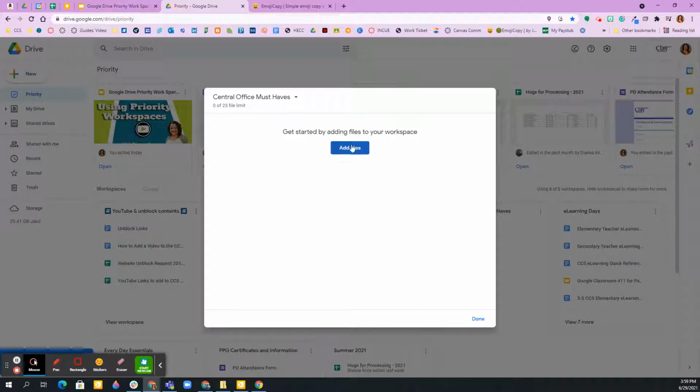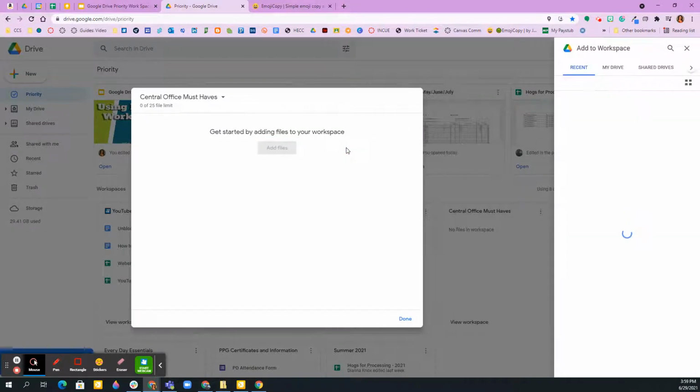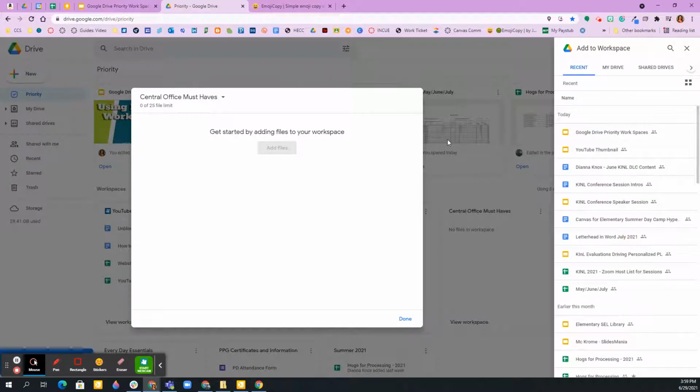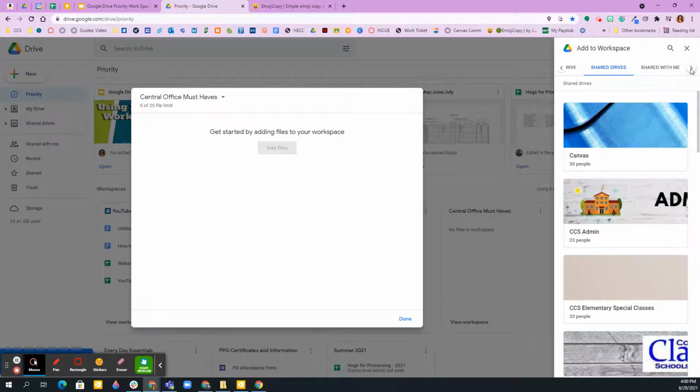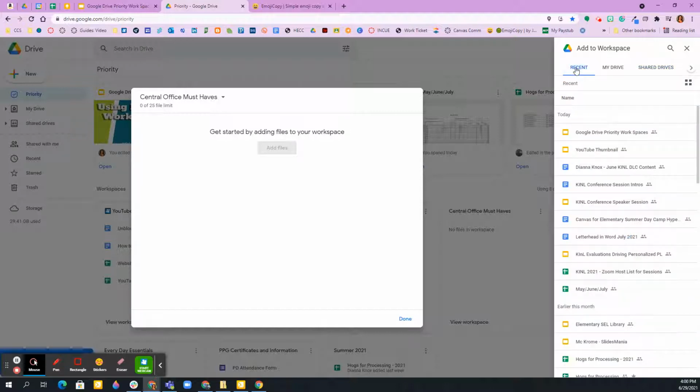So when I click on the button and I want to add files, it brings me up, if you use Google Classroom and other aspects, Google Sites, different things of Google, this familiar option pops in that allows us to access our recent files, My Drive, shared drives, and toggling on over, I can get into shared with me, starred, and the different computers. I'm just going to use my recents